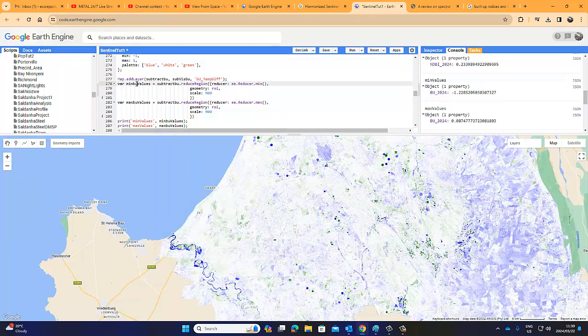Then here I'm also going to say subtract BU, and max subtract BU. If you copy and paste, please make sure you change all the places where that needs to be changed. Now I'm going to calculate the min-max value